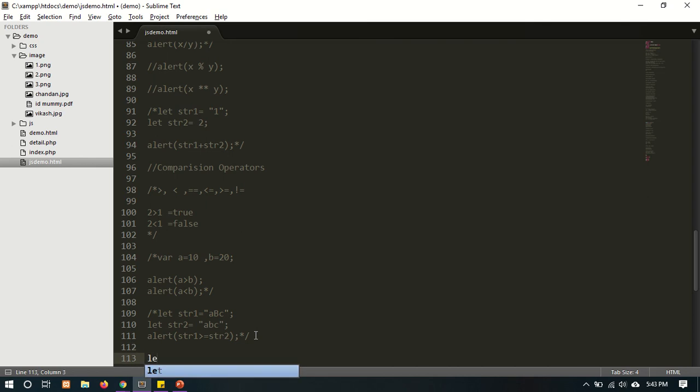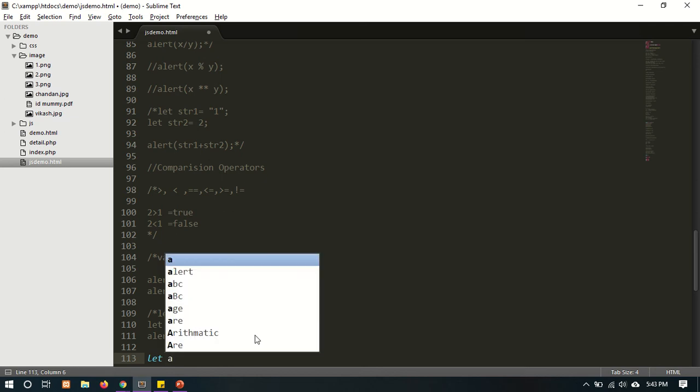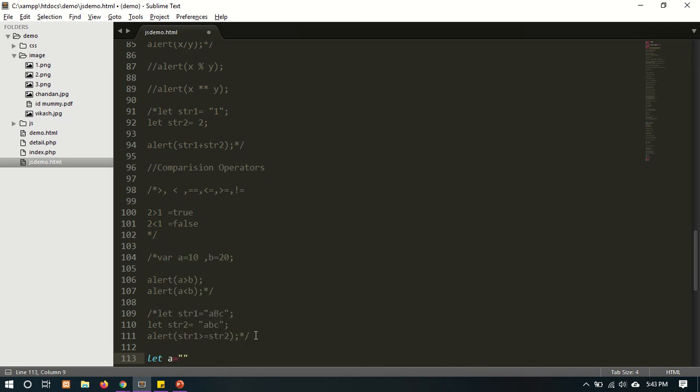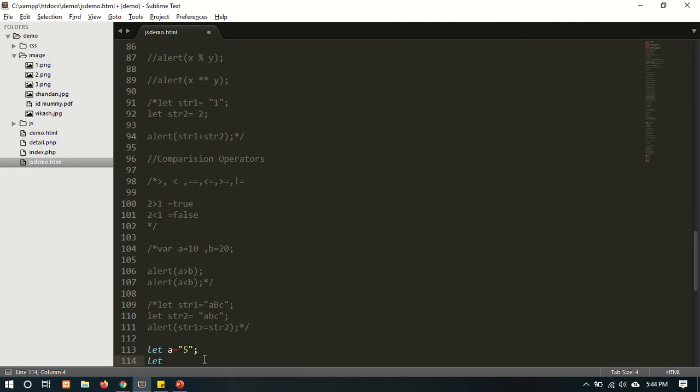Just take let age equal to 5 and b is equal to, take one numeric value here, b is equal to 5, then let's see what it will return.